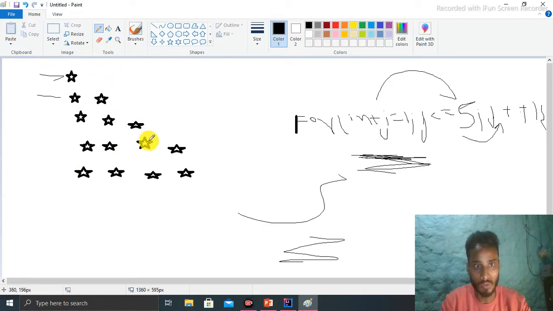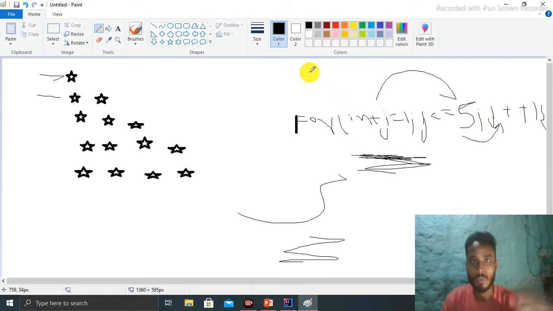So two for loops are required, because one for loop prints one line. Suppose here 5, then 5 stars are printed according to the condition and loop, horizontally or vertically only.